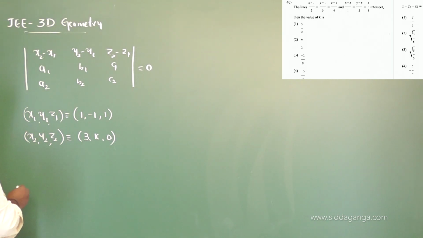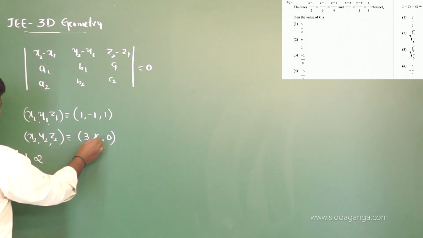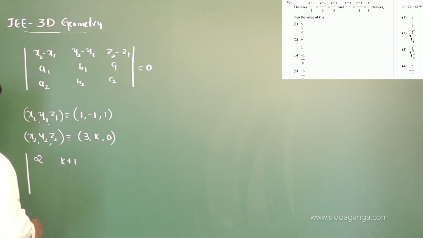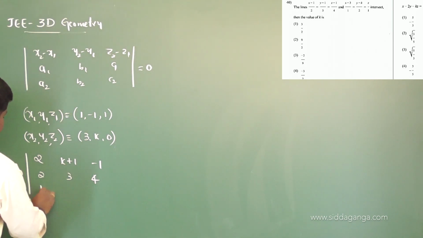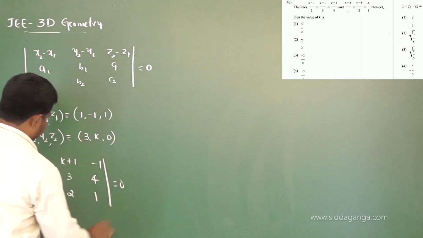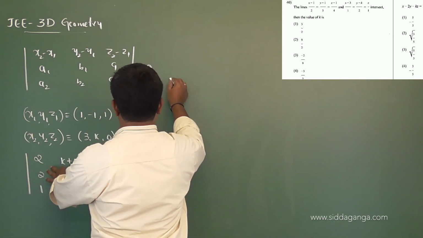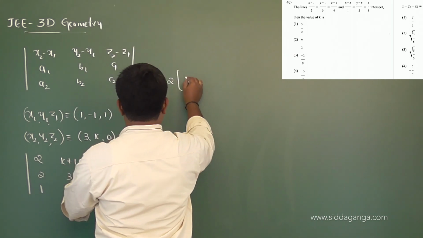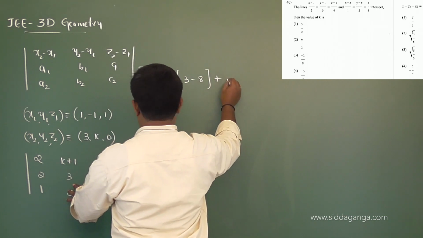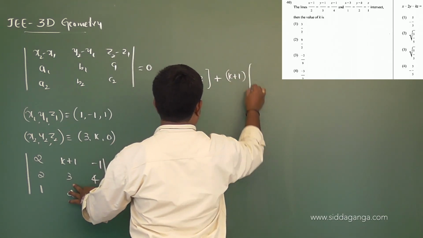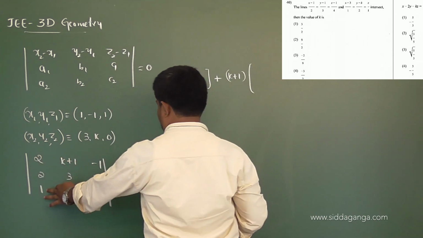Now let me substitute the values. x2 minus x1 is 3 minus 1, that is 2, k minus of minus 1, that is k plus 1, and 0 minus 1. For a1, b1, c1 we have 2, 3, 4, and for a2, b2, c2 we have 1, 2, 1. Expanding along the first row, you get 2 times (3 minus 8), plus (k plus 1) into (4 minus 2),